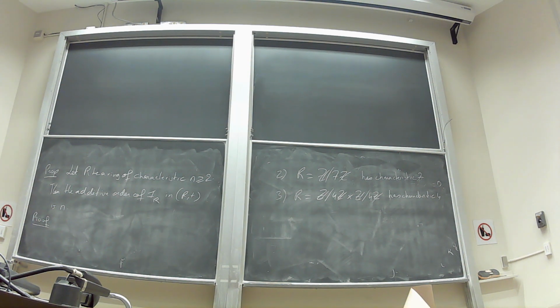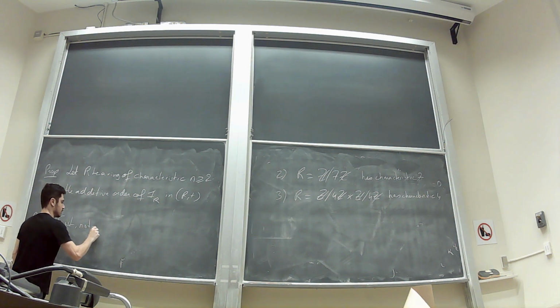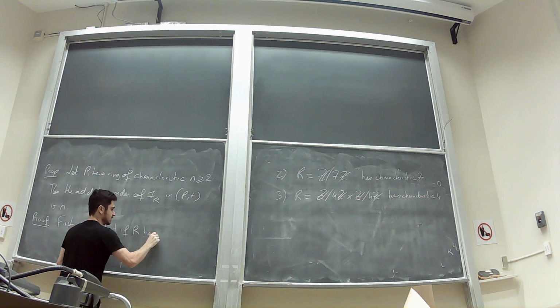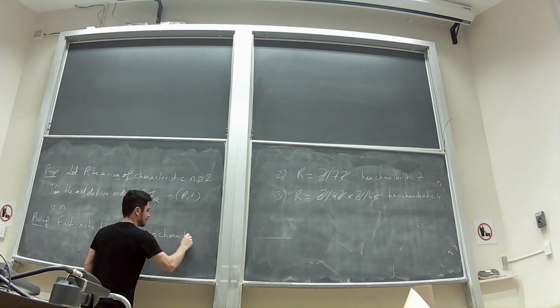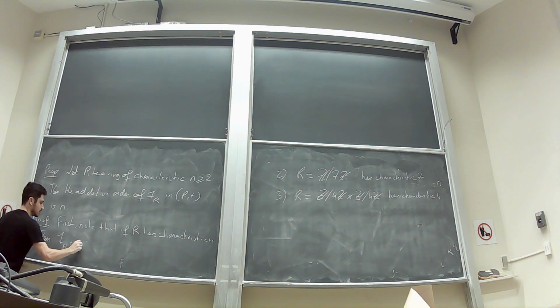Proof. How do I prove it? First, note that if R has characteristic n, then 1R plus 1R, n times,